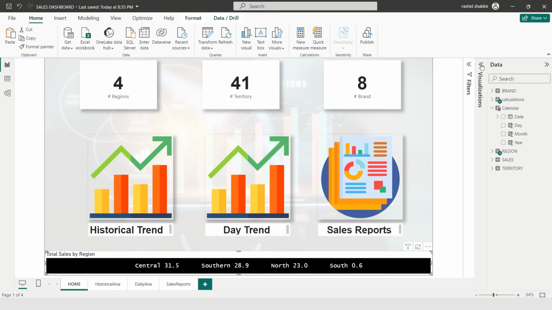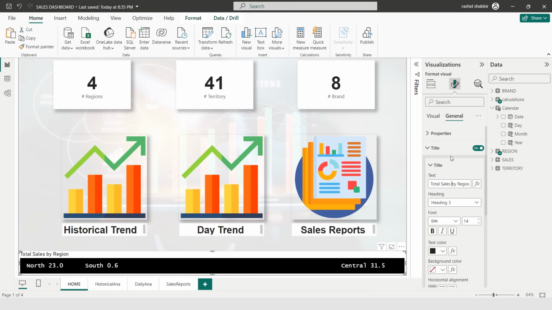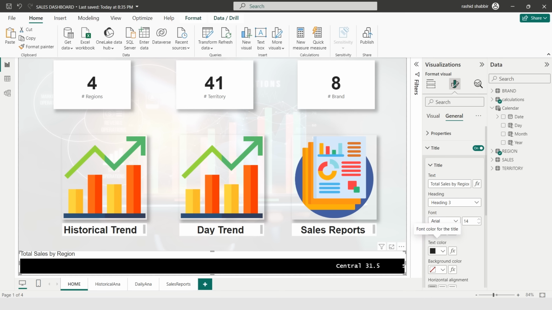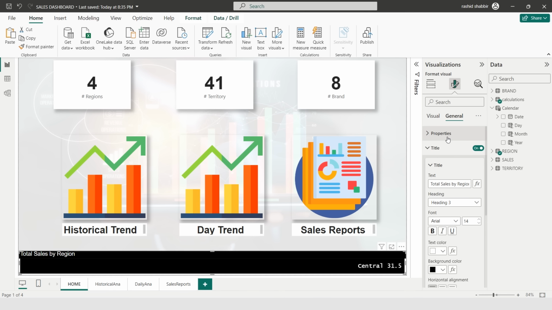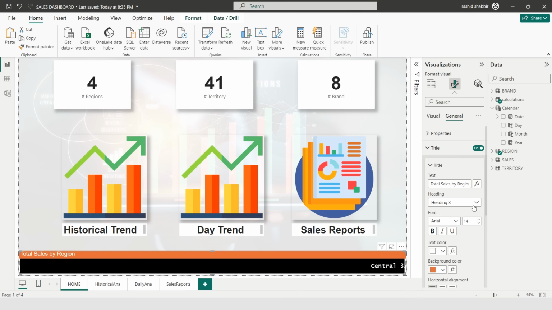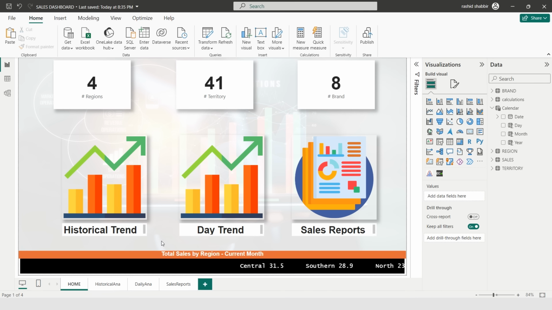Here I will be pasting my title for it, and from this is my total sales by region. This is fine. Going to this Arial, text color to white, and background color to this one. I think I need to change its color to this one, and we'll make it center aligned, making this bold. And here I also will be typing current month. So my current month sales are scrolling on the bottom of this dashboard, and more I need to connect the